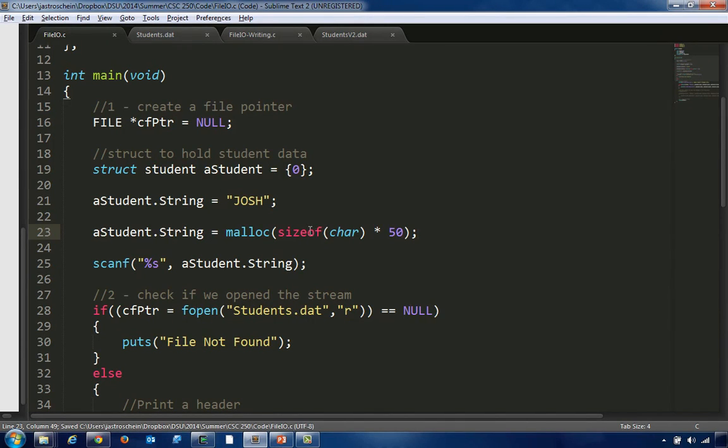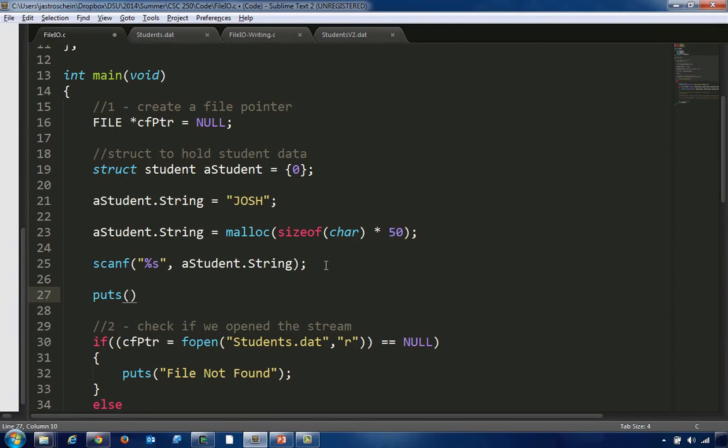Okay, so size of char is 1 byte, 50 bytes, so that'll be basically a string of size 50. But now, because that's a pointer that has memory allocated for it, it's pointing to that memory address. And so now it knows when you try to do an assignment like this, it has a place to put that string. So if we do a puts and we print off the value, what you'll see